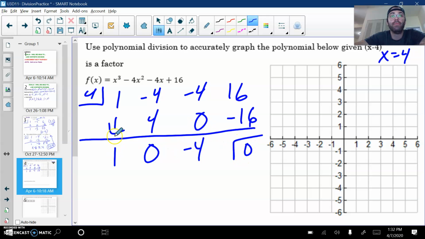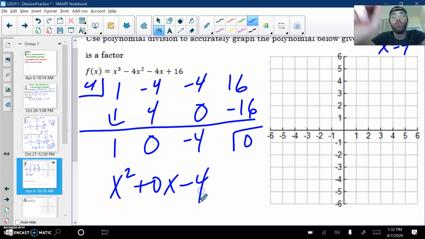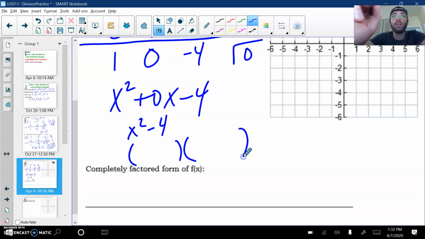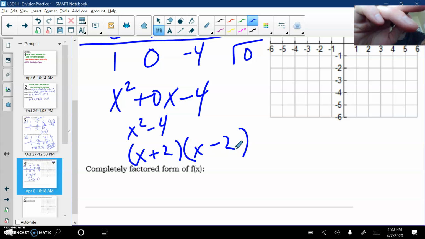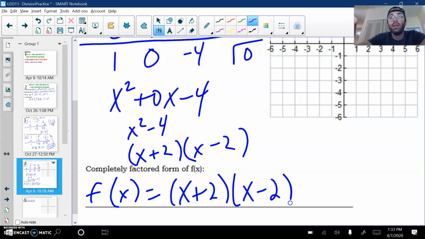Okay. I also know that I started with x cubed. That means that this is x squared plus 0x minus 4, or what we're used to, x squared minus 4. Now, if I want the completely factored form, I'm going to have to factor this. Well, this is the difference of two perfect squares. If it's x squared minus 4, then it's x plus 2, x minus 2. So completely factored form, f of x equals x plus 2, x minus 2, and x minus